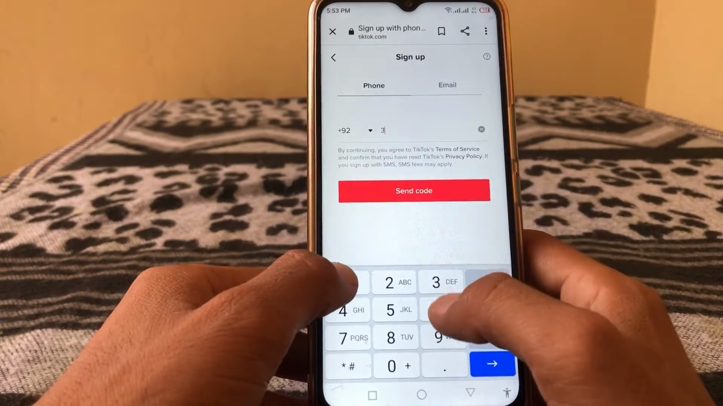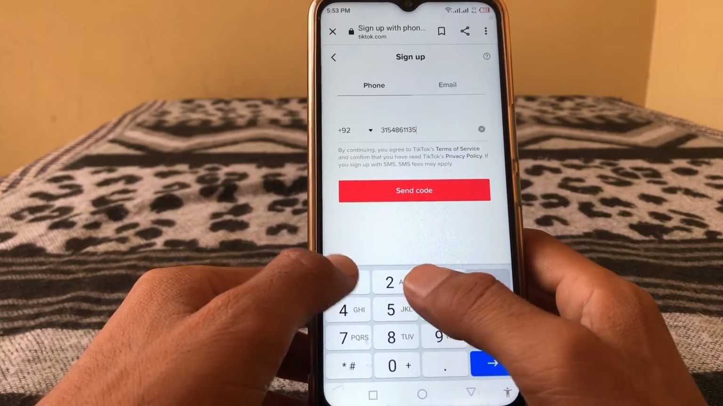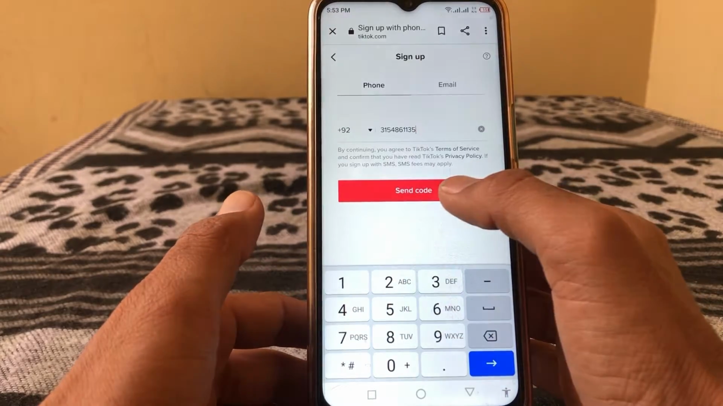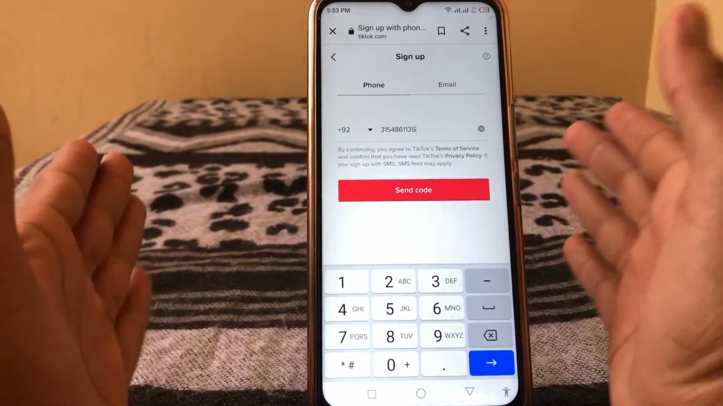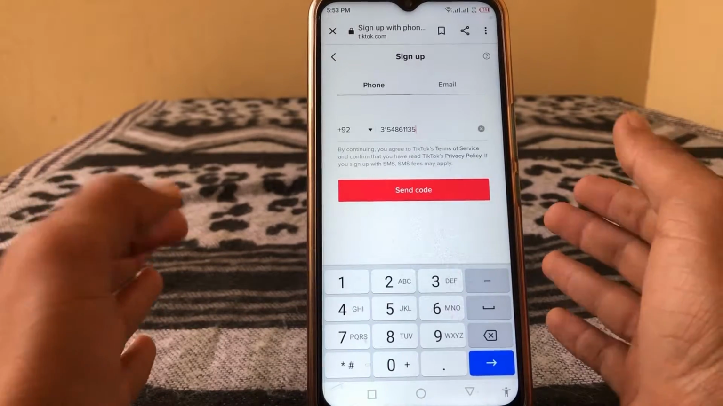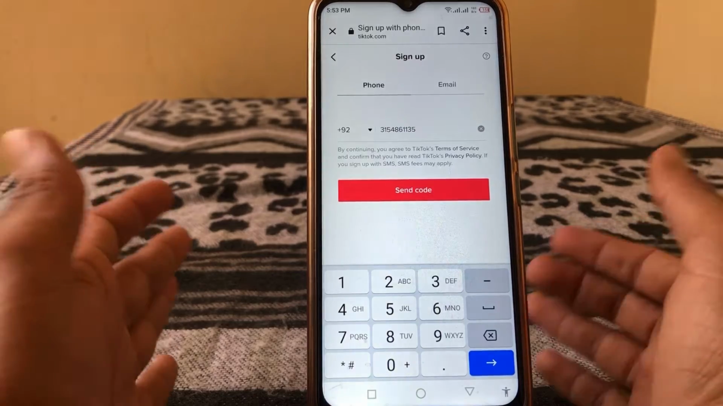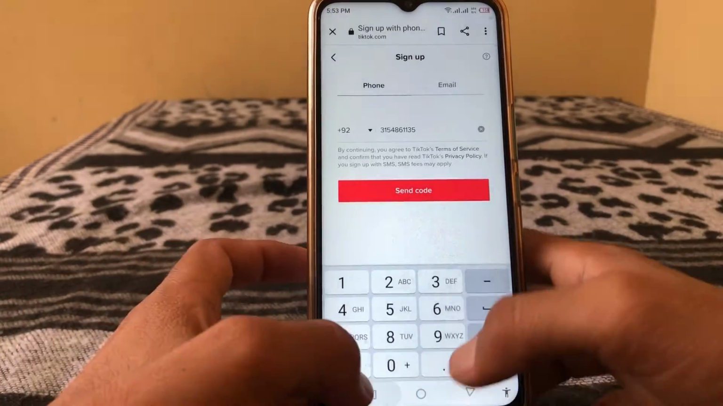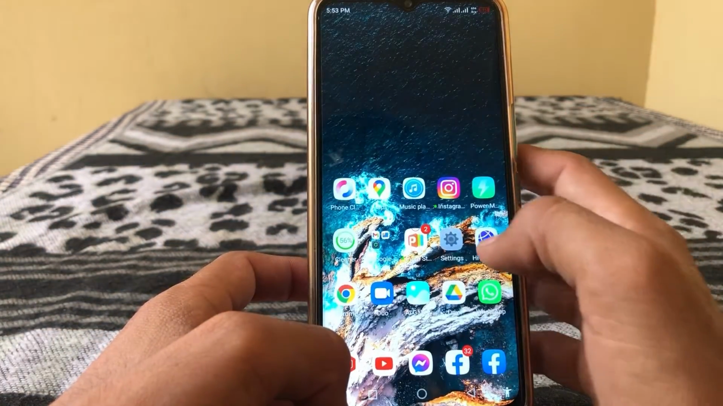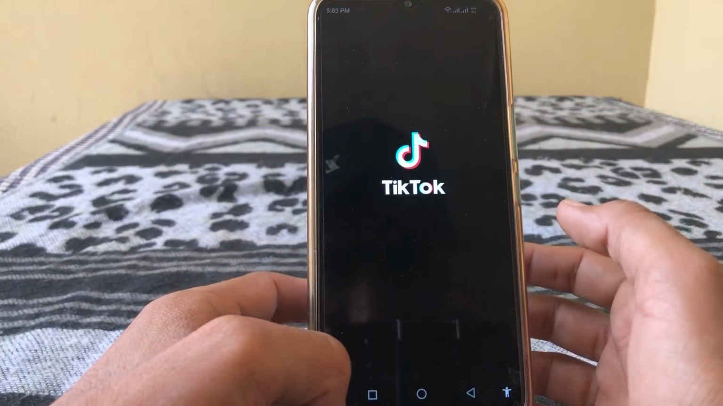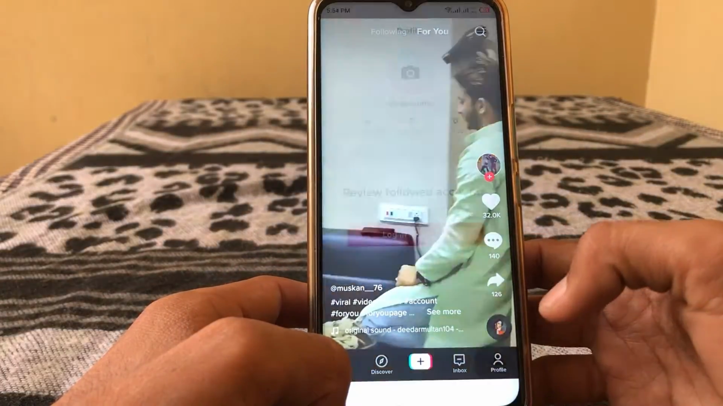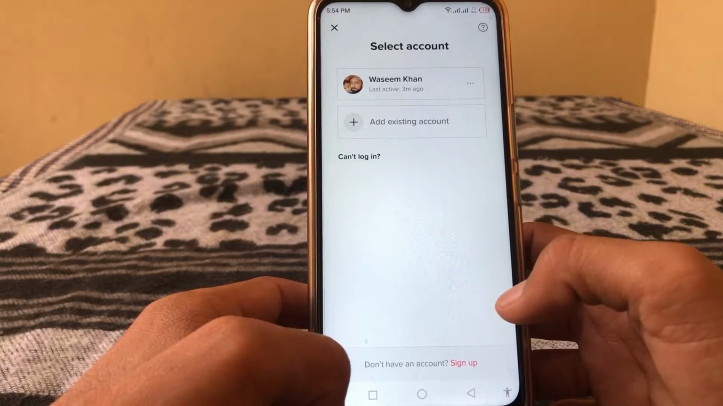And here you have to give your phone number. And you have to tap on send code, and a code will be sent to your phone number, and your account has been created on TikTok. And from here you have to exit and then open TikTok, then tap on profile and tap on sign up,